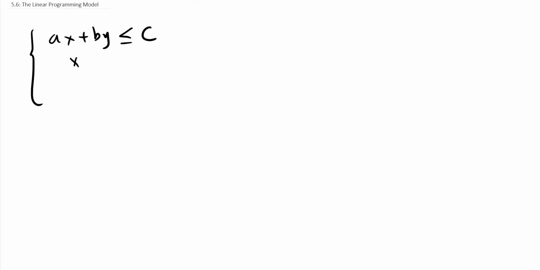Section 5.6, the linear programming model. What this section is about: they will give us a system of inequalities, say ax plus by less than or bigger than, whatever, c, either one of the inequality signs. Let's say x bigger than or equal to 0, y bigger than or equal to 0, and then this keeps going on and on. This means they can give us as many inequalities as they like. And we will be required to find the x and y values